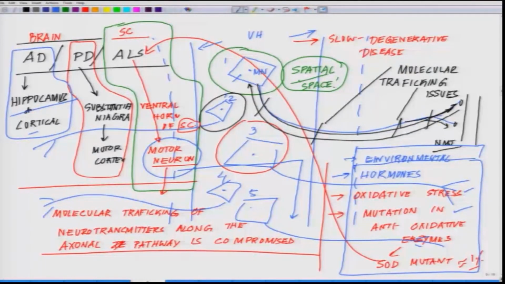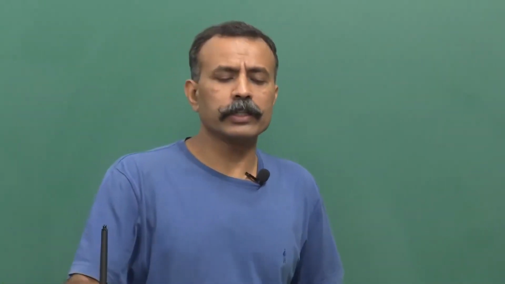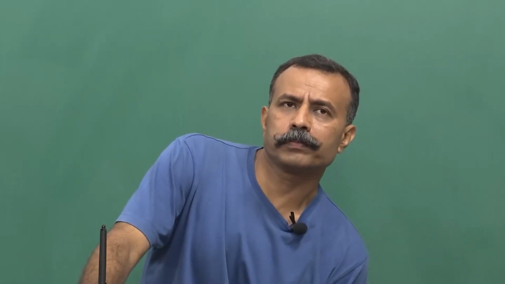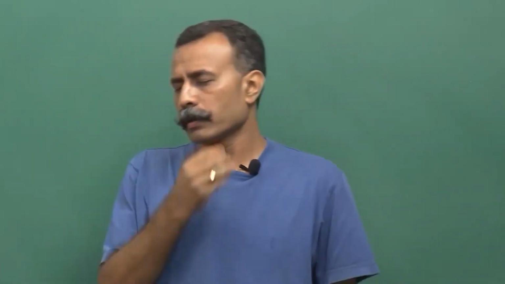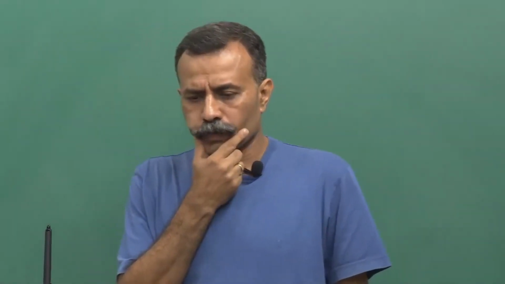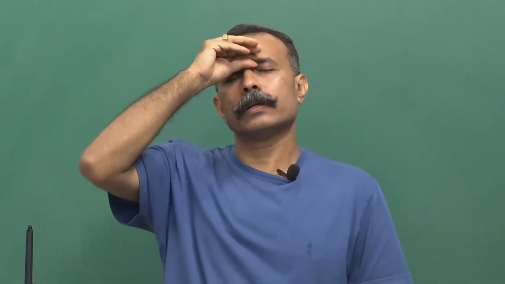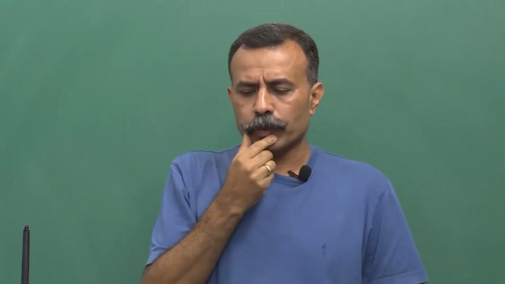So with this aspect of comparing these three different kinds of degenerative disorders, which are happening in the spinal cord, the substantia nigra of the brain or the motor cortex, and the hippocampal region of the core processing unit of the brain, I will conclude this part, and in the next class,